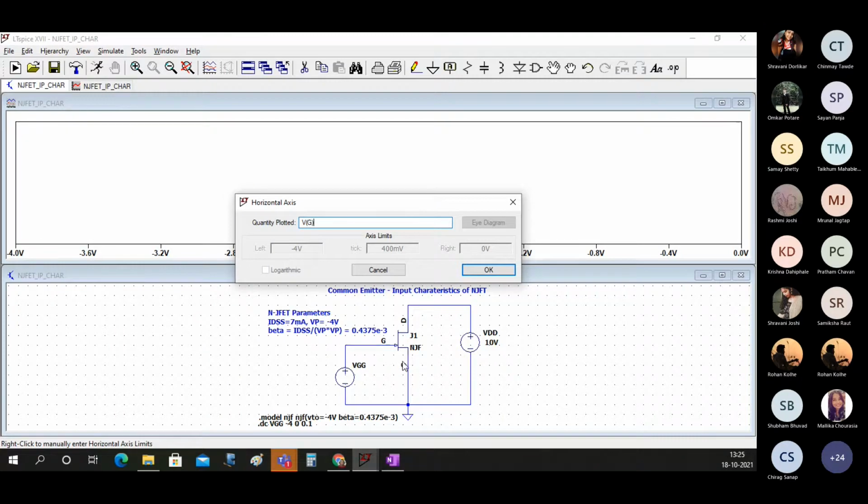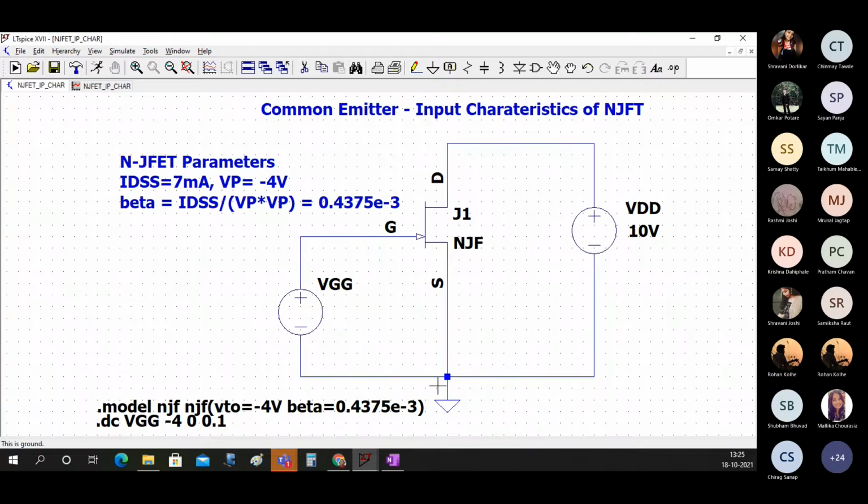And you must understand that VGS is nothing but VG minus VS, but source is connected to ground. So again I'll repeat it. VGS is VG minus VS, but source is connected to ground. So VGS is nothing but V of G.